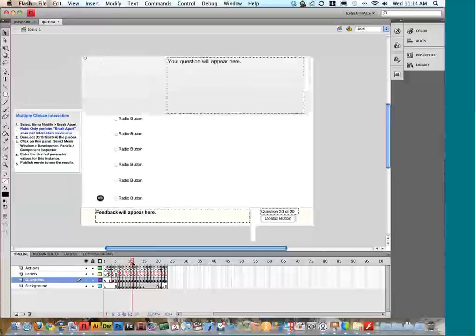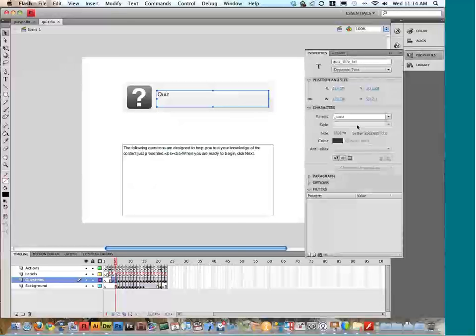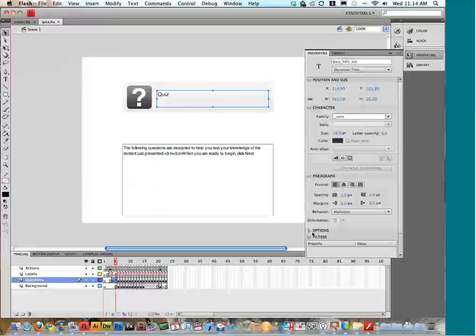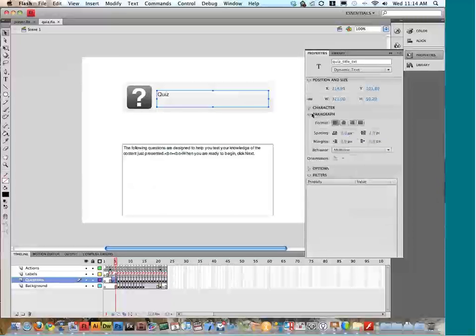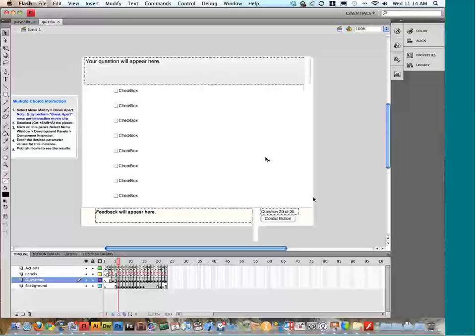And so I can go through each of these frames and adjust the graphics for the quiz. I can take away this question mark and add something else. I can change the text field, make that bold. Let's go ahead and make this paragraph options. I never remember. Actually, it depends on the style. But let's go ahead and change that, and then we can add our own watermarks